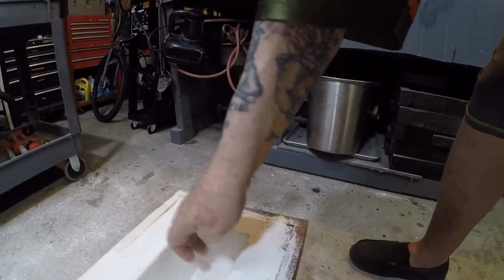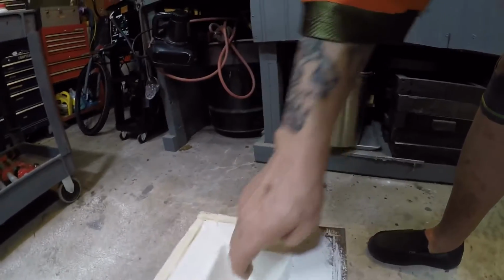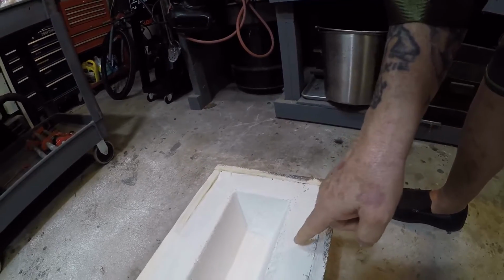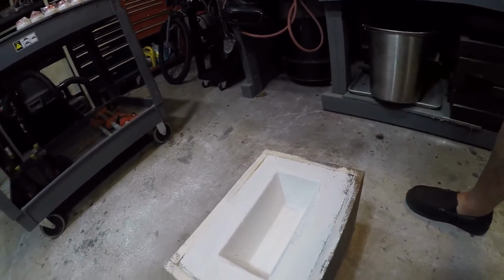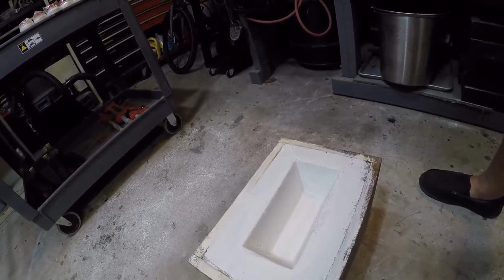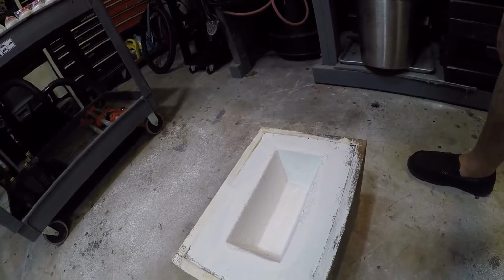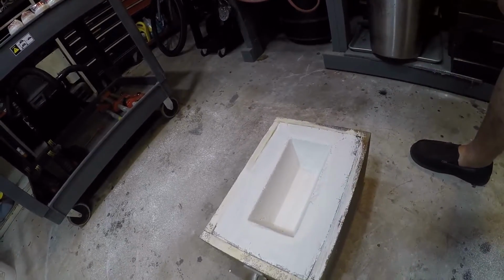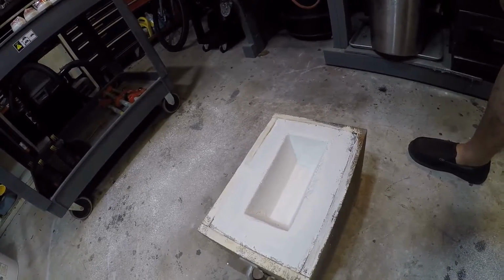I'll tell you, that stuff is like ceramic coating. This stuff's going to be good, because I am going to pour into this the remainder of my next mold, or rather next heat, and we'll see how this reacts. And it's only going to be aluminum, so it's not like I'm going to be pouring stainless steel or something like that into it. But